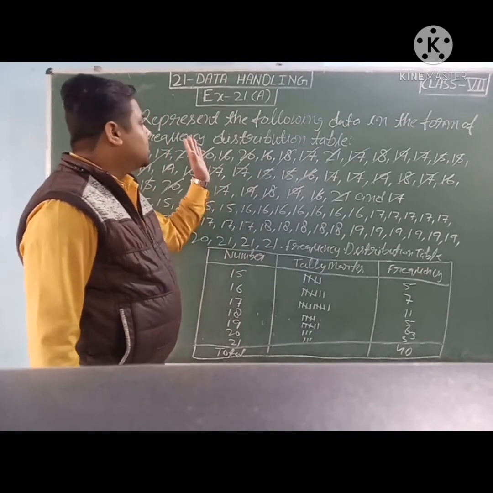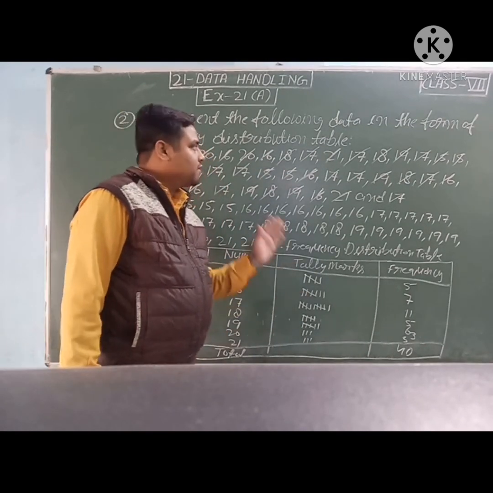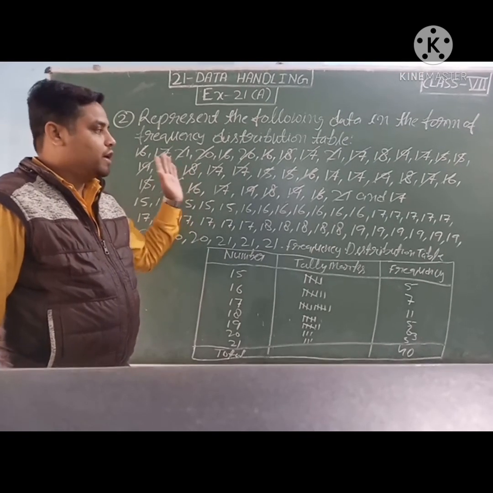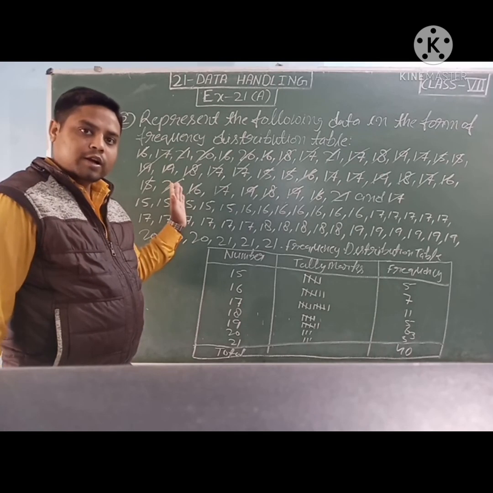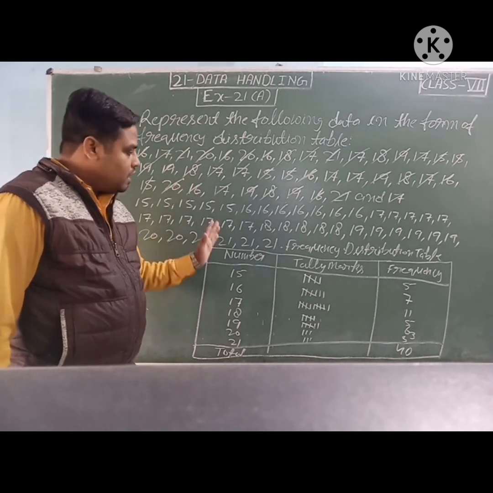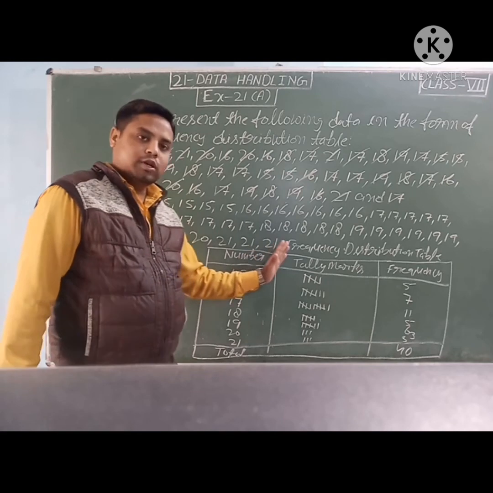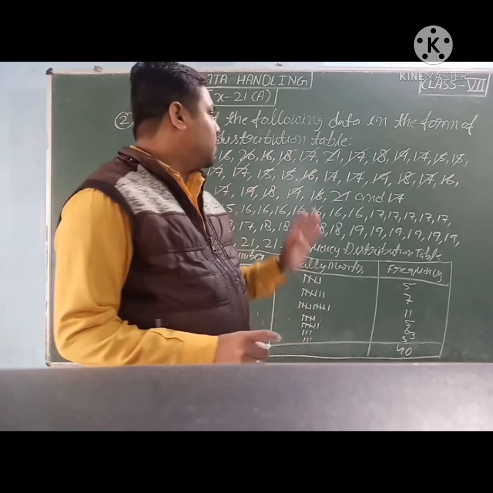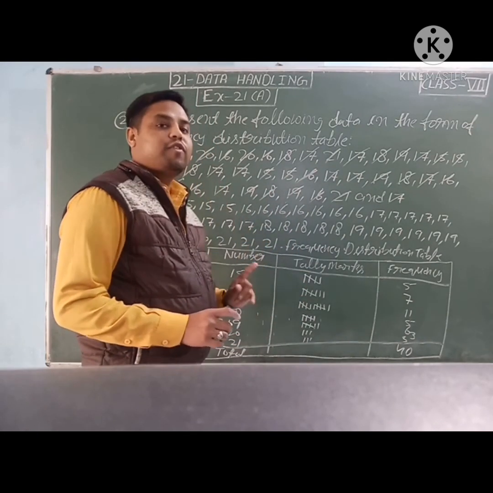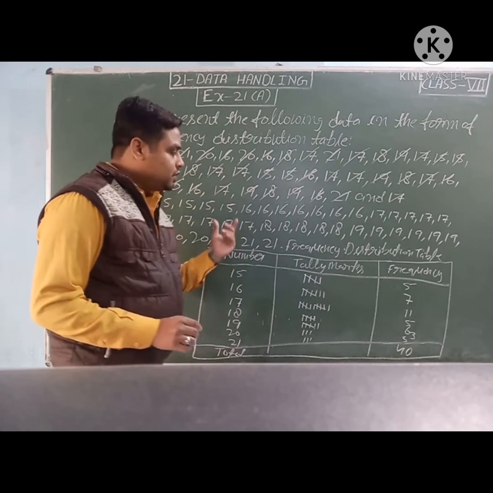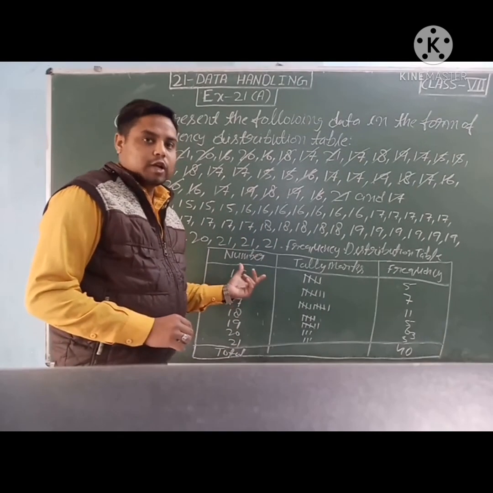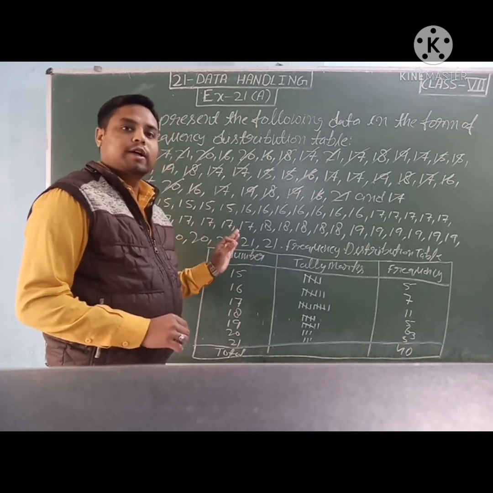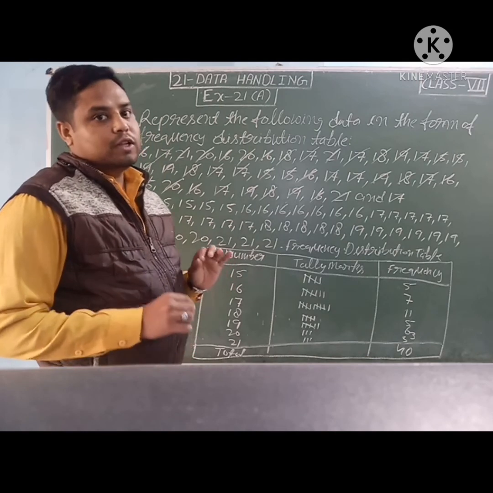Listen again. Students, data was given. We were asked to draw the frequency distribution table. So first of all, we arranged the data in ascending order, and after arranging the data, we formed the frequency distribution table in this way. Students, it is not necessary to arrange the data, but if we arrange it, it will be easy to make the frequency distribution table, with fewer chances of mistakes, whether in ascending or descending order.